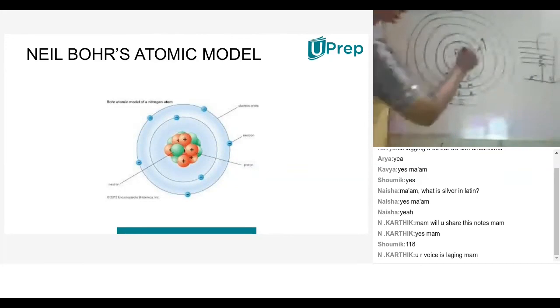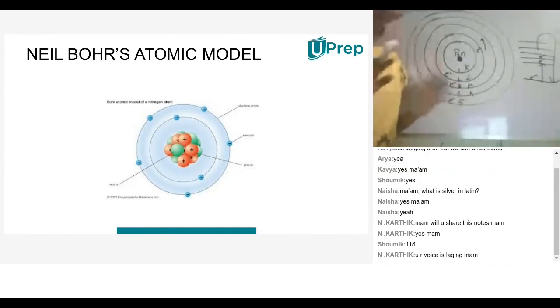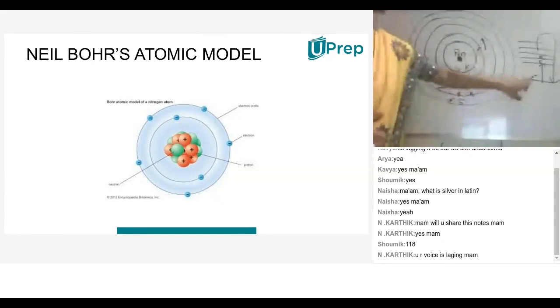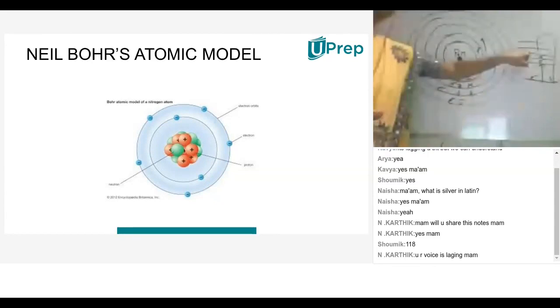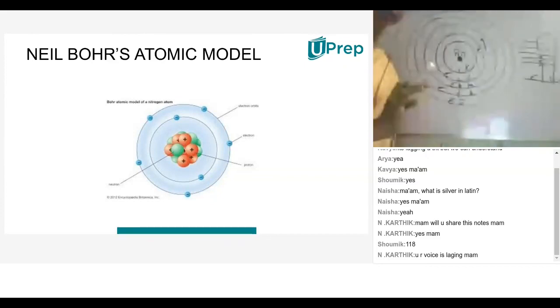Understood? Yes. The electrons will revolve in a definite path. They won't jump when the element is normal and stable. If any external energy is applied, if that element needs to be used for any chemical reaction or formation of a compound, then the energy levels may vary so that the electrons will jump from one energy level to another. But if the element is normal, neutral, there is no chance of electrons jumping from one shell to the other shell. Yes, clear? Understood?